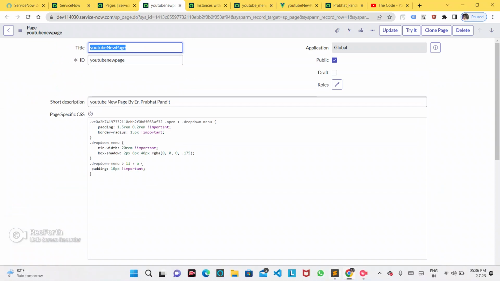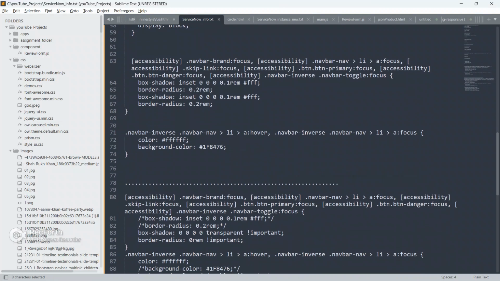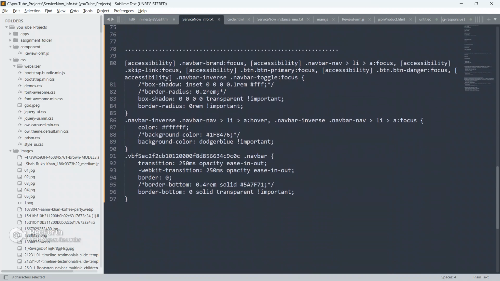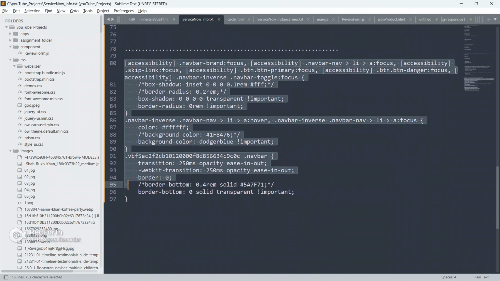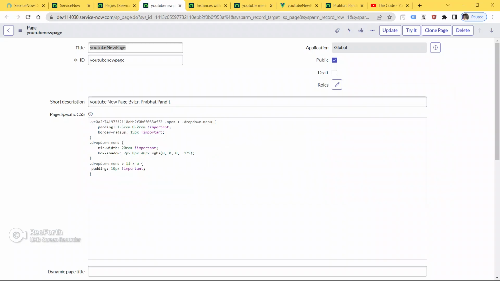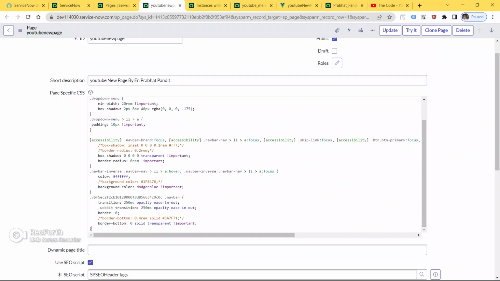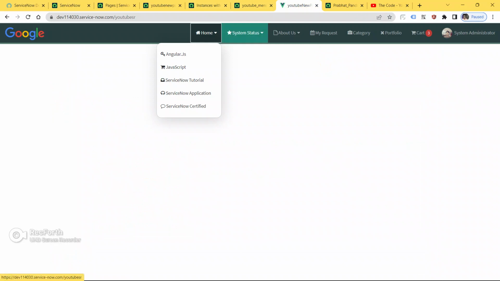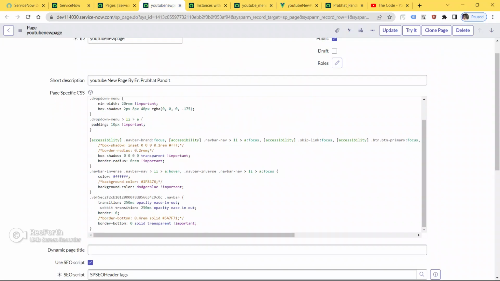Yeah, this is the page, guys, and let me copy it. See, this is the CSS we are going to paste to make some modifications to our navigation bar. Let me explain the CSS, guys.